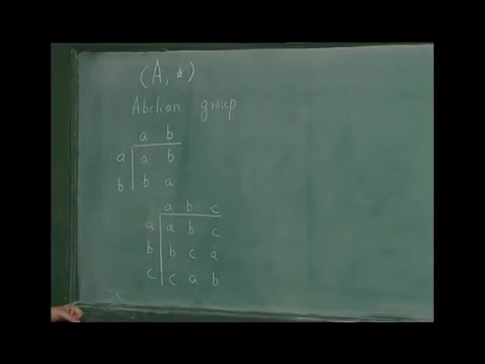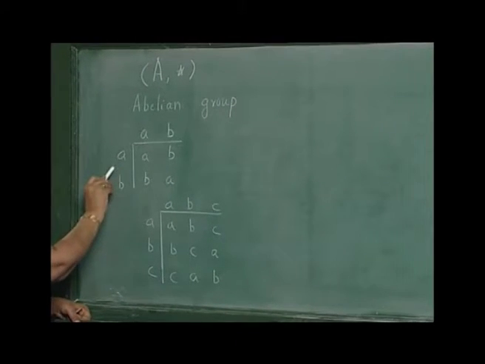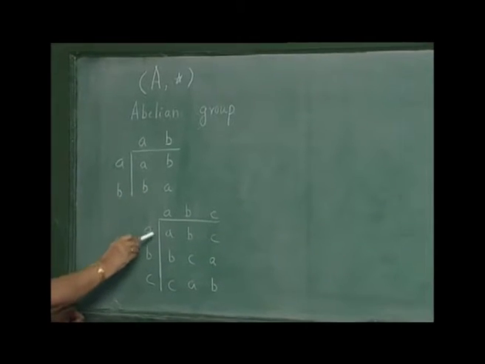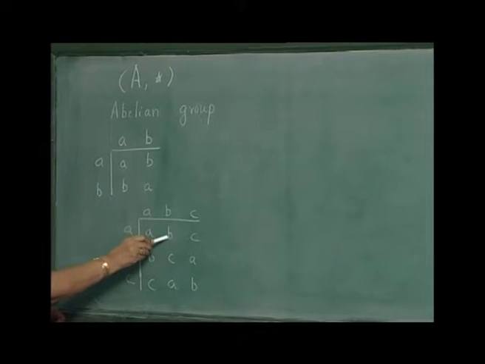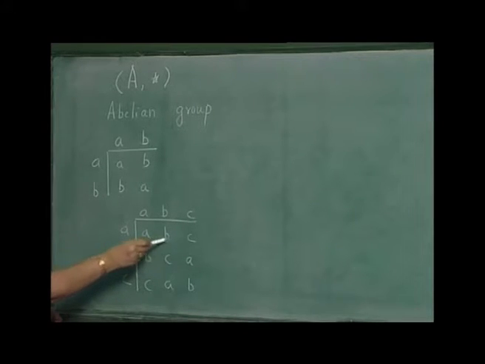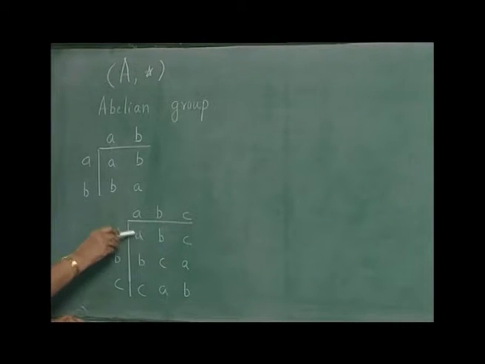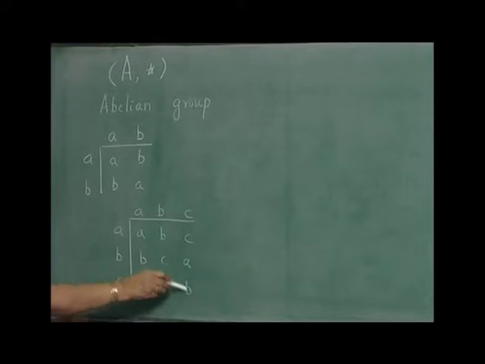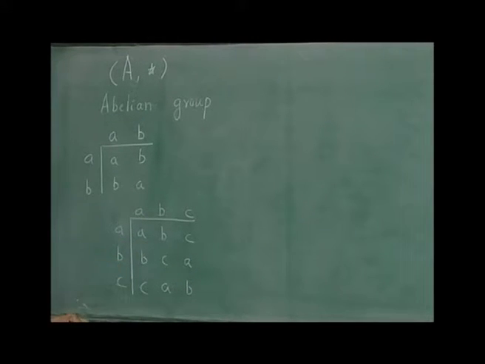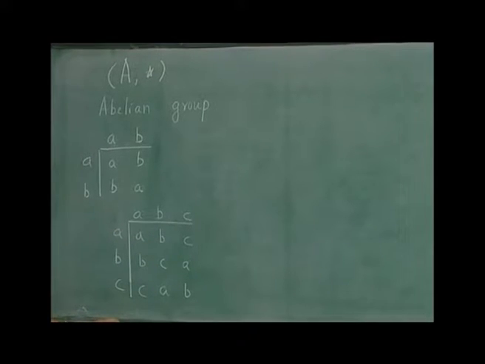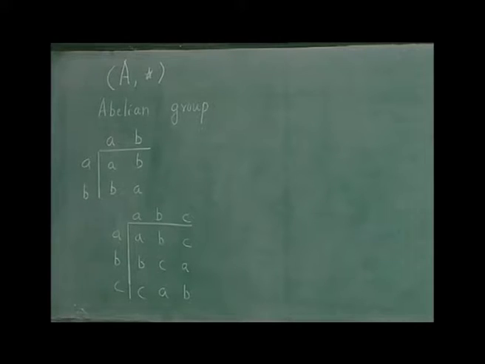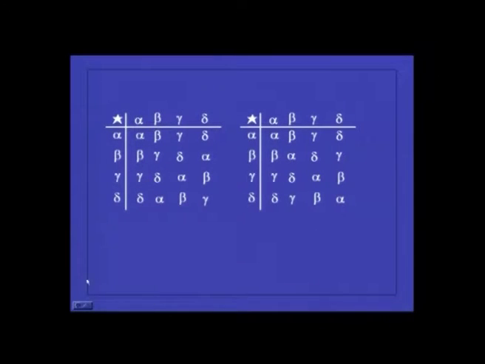Now, you can see that here A is its own inverse and B is its own inverse. Here A is its own inverse, B is the inverse of C and C is the inverse of B in this table. Not only that, these tables are symmetric. If you look at it as a matrix, it is symmetric about the diagonal. So, they are commutative groups. If it is symmetric about the diagonal, it is a commutative group. We can very easily see that for order 4, there are two non-isomorphic groups.